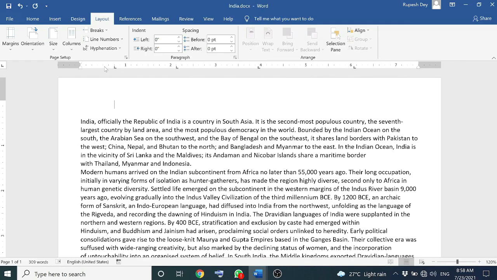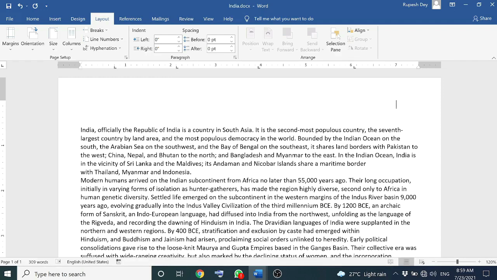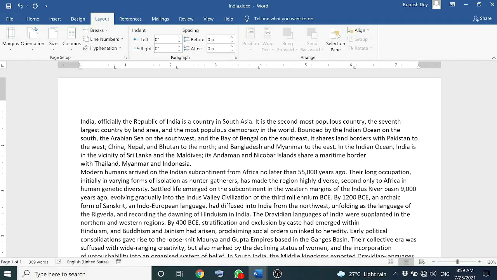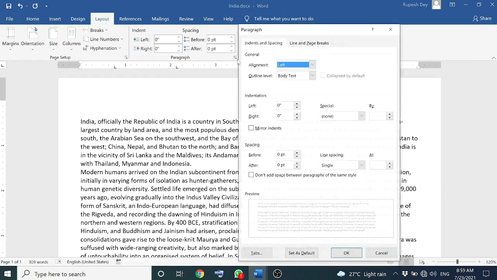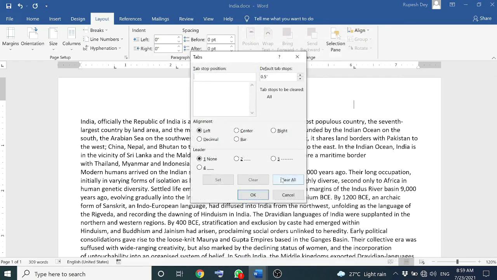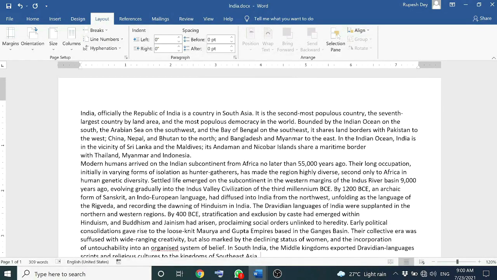Now for the tab stop, at the beginning the cursor is here, press tab, it will take you to the first tab stop. Again you press the tab key, it will move the cursor to the next tab stop, this way. Clear? After the last tab stop, if any space is there in the text area, it will use the default tab stop, that is 0.5 inch. Okay. Now let me remove all these tab stops. Tabs, clear all.